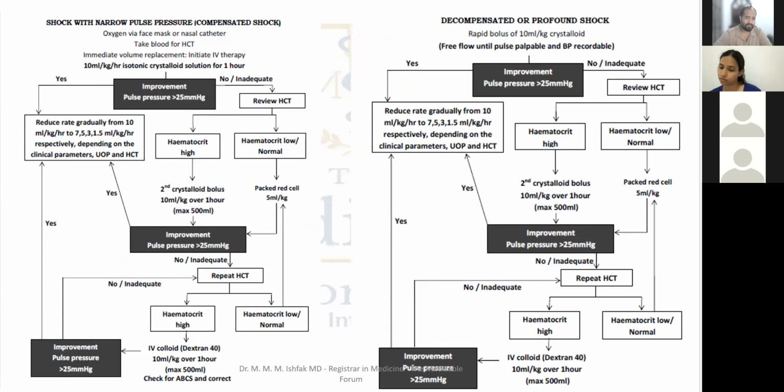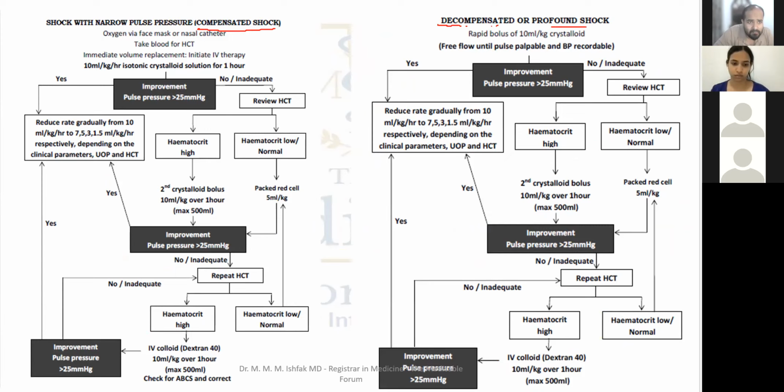Now look at this diagram. This diagram is in your dengue guideline. So you have shock with narrow pulse pressure. This is the algorithm for how to manage compensated shock. This is how to manage decompensated or profound shock. Let's see how to manage compensated shock. The moment you see a narrow pulse pressure,